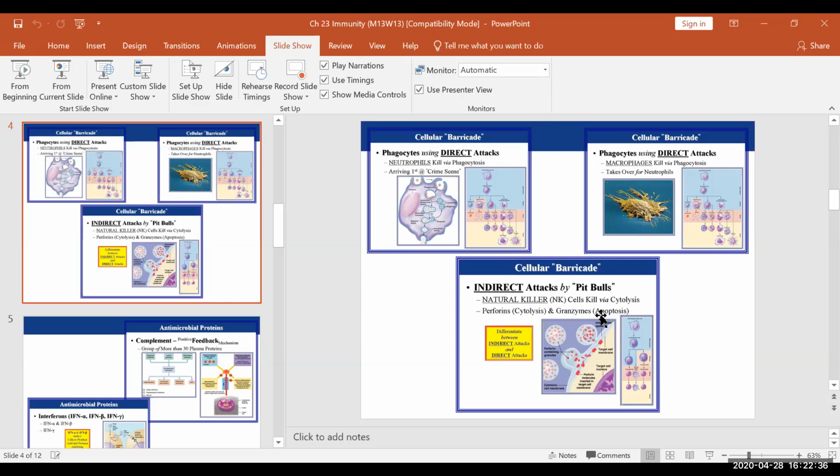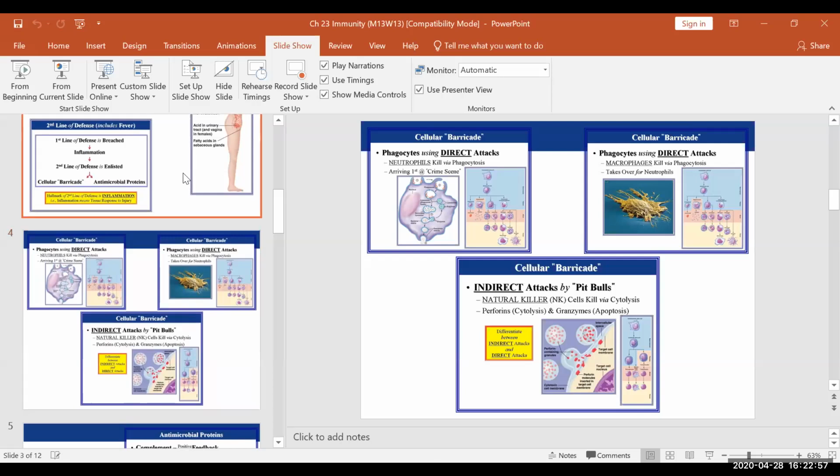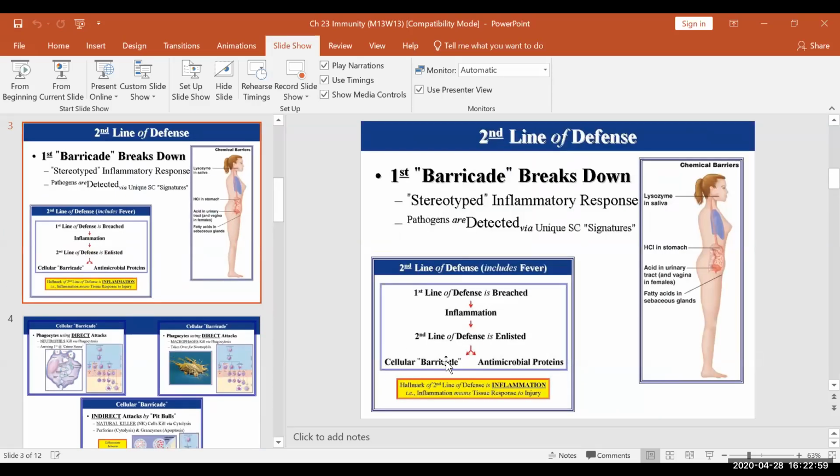It's written here, apoptosis. So apoptosis, meaning cell committing suicide. So that's your cellular barricade. So neutrophil, macrophage, natural killer cell. And as we talked about earlier in this slide here, the cellular barricade, we also have antimicrobial proteins, which leads